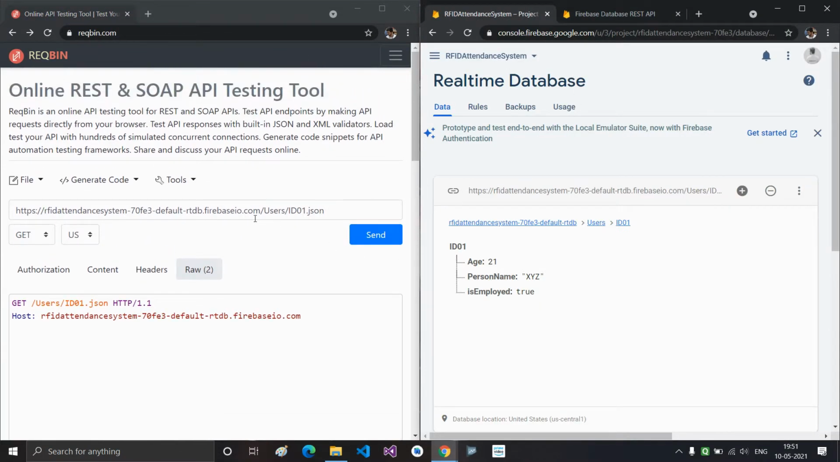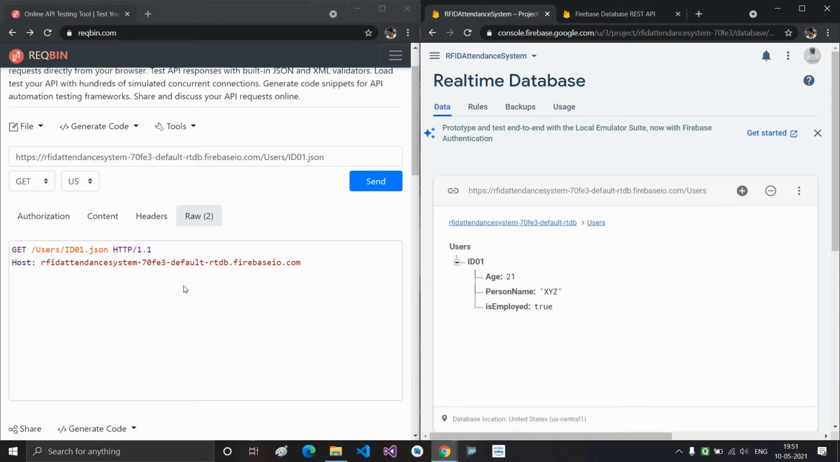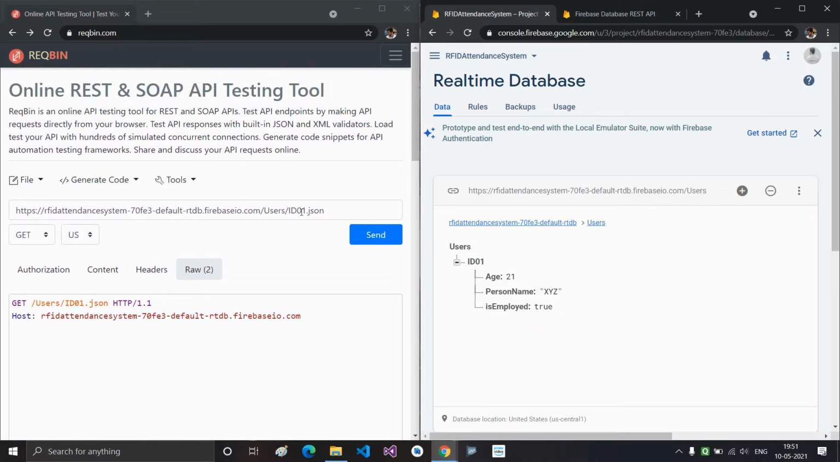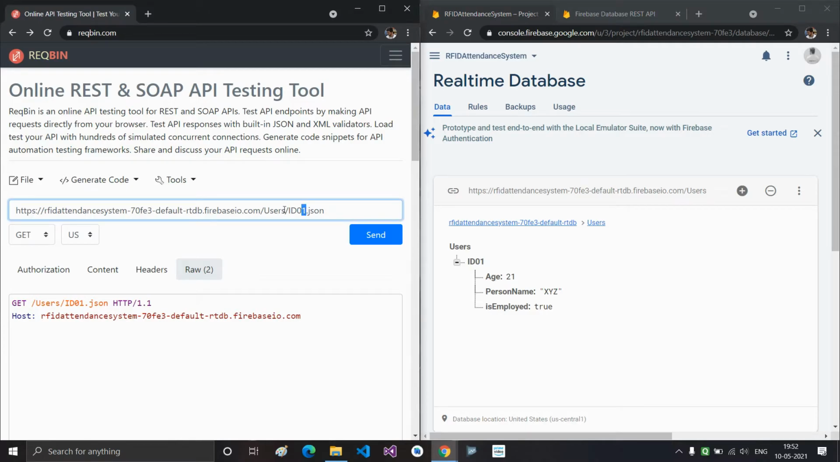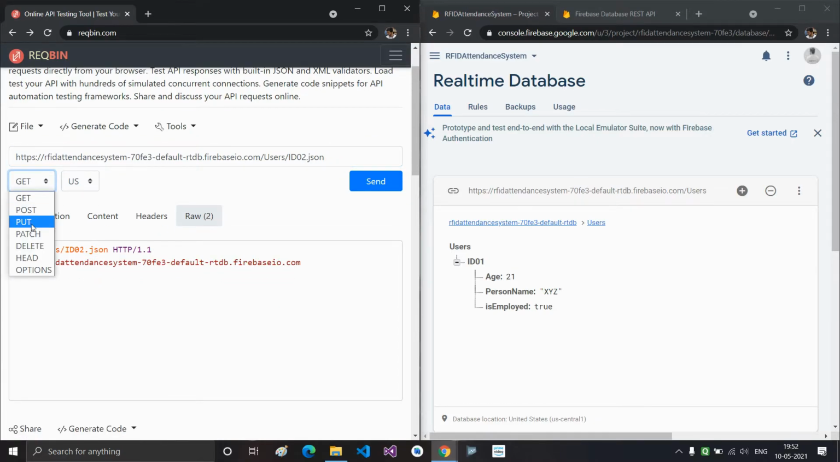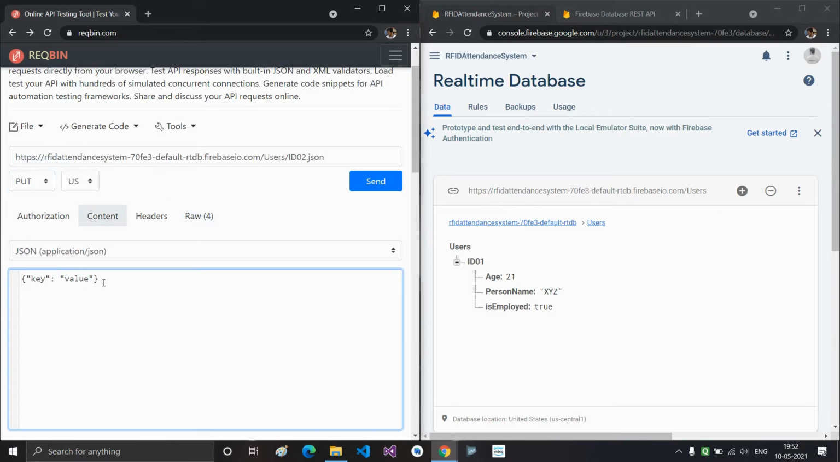Okay, so now what we'll do is we will create a node inside the users. For that, we have to specify the path. So inside the users, I want ID02, ID02.json. Now we have to select the PUT request for inserting data inside a node. Now go in the content tab to add the data. So we will create a JSON. So inside the JSON, we will add